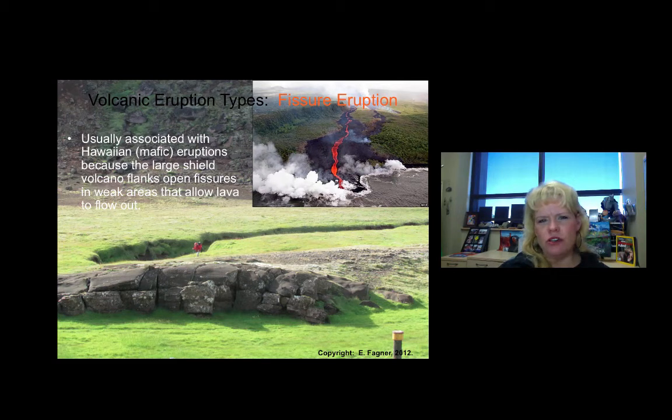So a fissure eruption is the next type of eruption. They can be a little bit more explosive than Hawaiian, but they actually do happen in Hawaii, Iceland, anywhere where the earth will separate and make a fissure eruption. They're usually associated with mafic eruptions, so they're not very violent, but they can be if you're blending with some